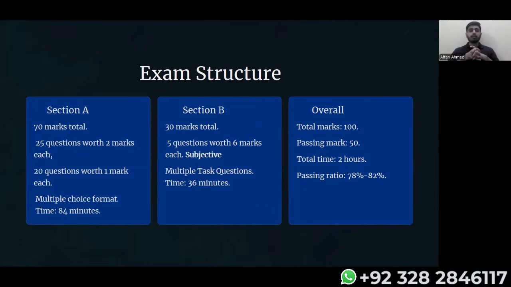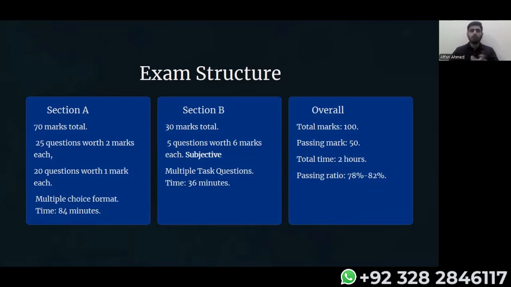Okay. First, we have our exam structure, section A. Section A is worth 70 marks. This is an essential area. In section A, we're going to have MCQs that are worth 2 marks and 1 mark. The main difference between them is the number of options. In 2 mark questions, we have 4 options for each MCQ. In section A's 1 mark questions, we have 3 options, A, B, C, and in 2 marks, we have A, B, C, D. Plus, in 1 mark questions, we have yes or no answers, true or false answers. So it is easier for us to identify the difference.